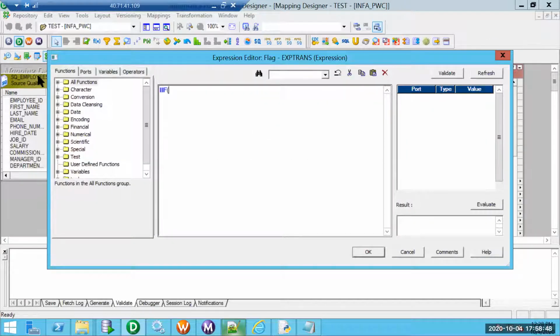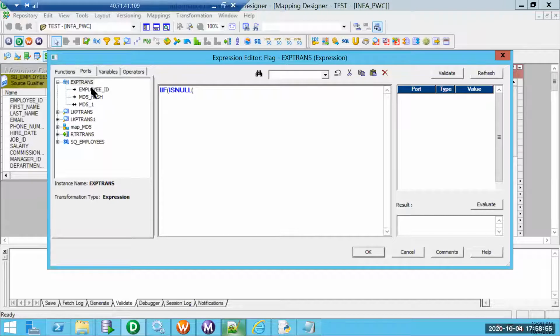if is null of the employee ID one coming from the lookup, then it should be an insert, or there is a change in the MD5 hash between whatever is there in the target and whatever is generated by the source incoming record.